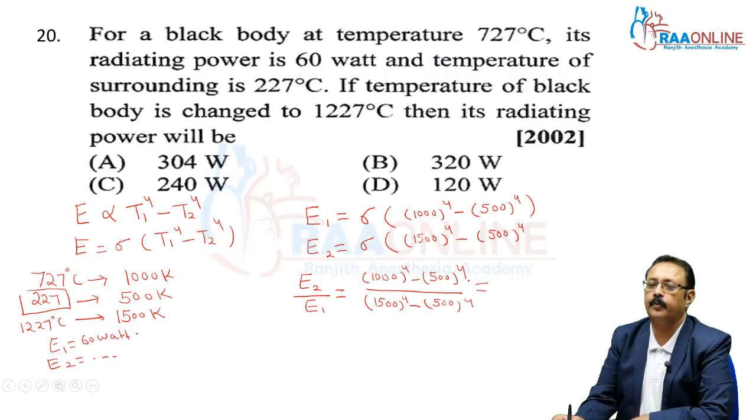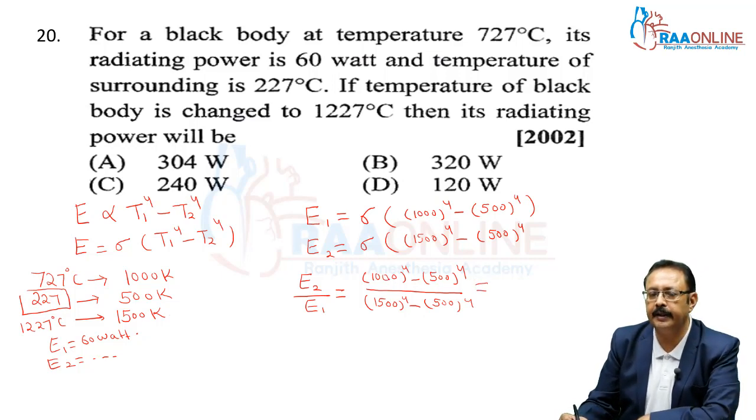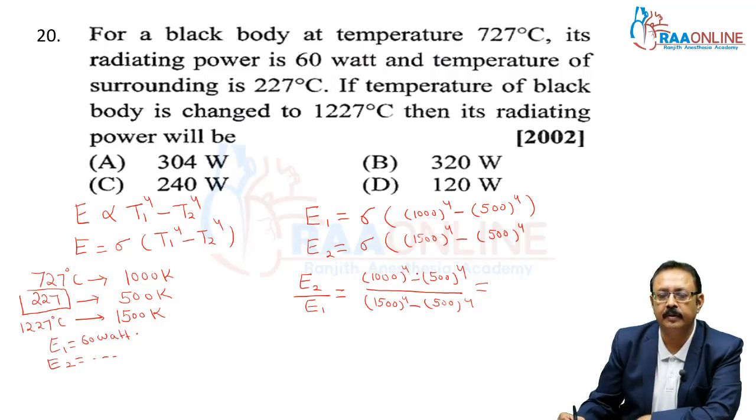See how I am calculating this. I am taking 100 common. These are present in all 4, so that term will be cancelled out. What is remaining now? 10 to the power 4 minus 5 raised to the power 4, divided by 15 raised